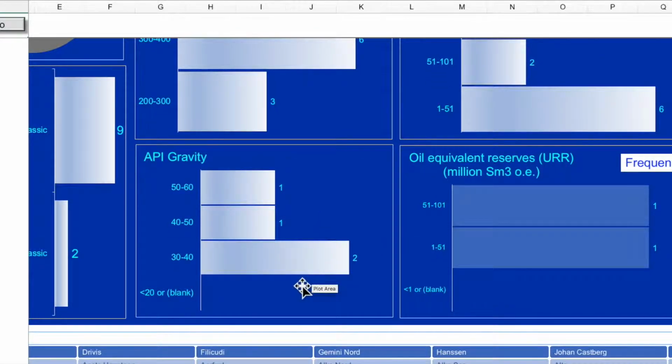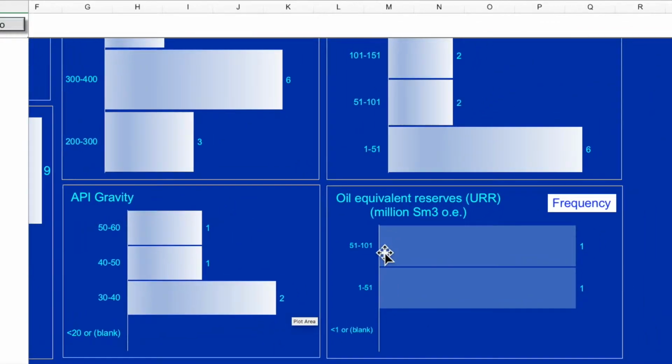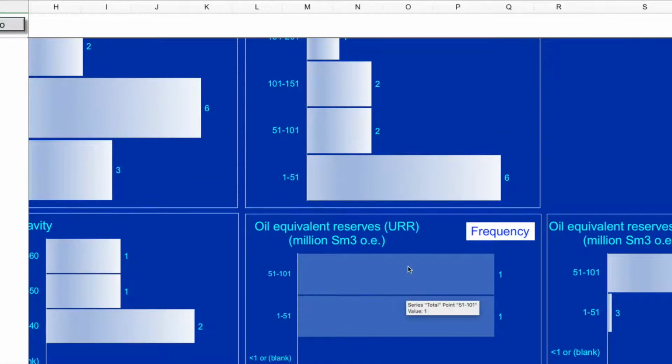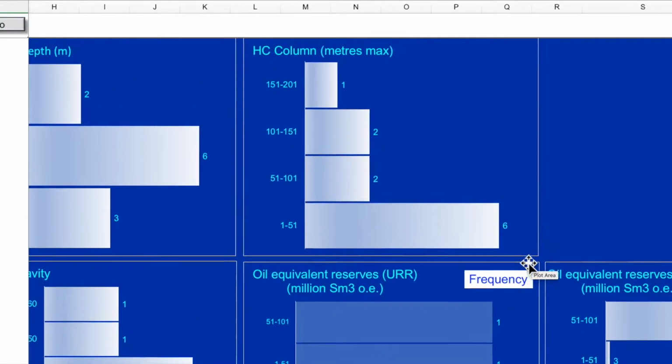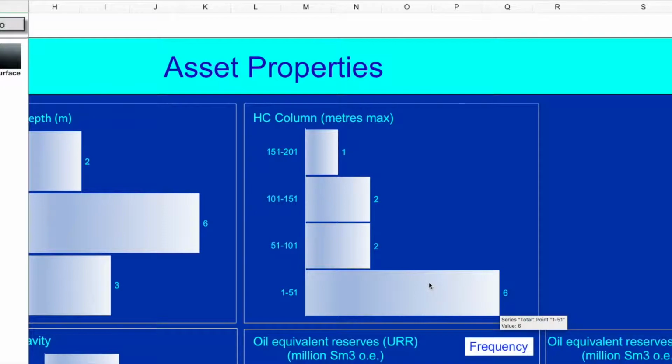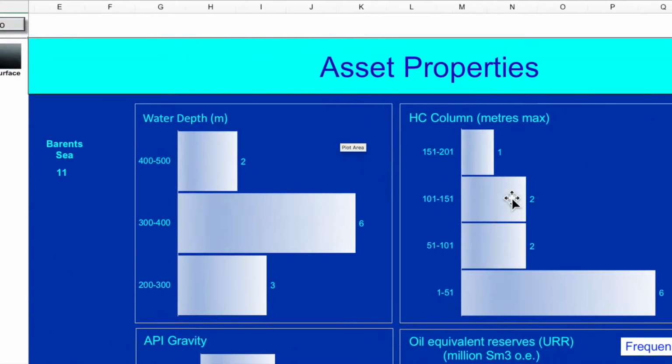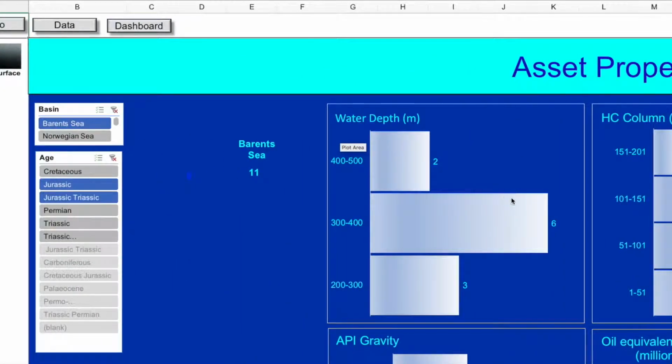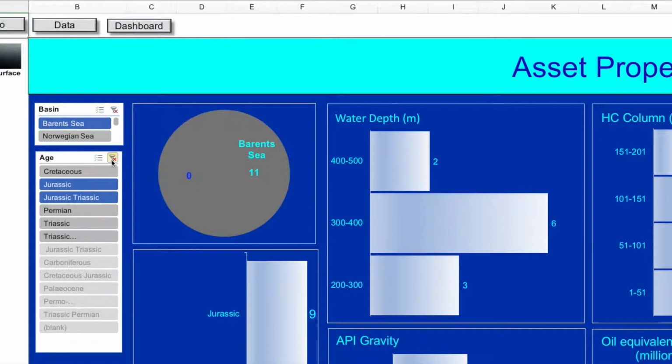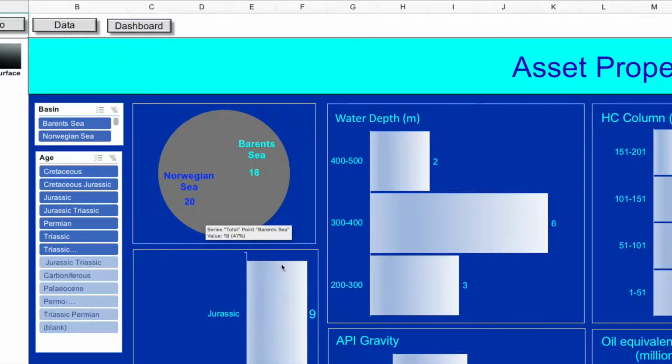We don't have data on many of these, and only 2 of them have reserves quoted in the various sources. Hydrocarbon columns, generally less than 50 meters, but some of them are up to 200 meters. So we can have a range of criteria, and I think if we open these out now to show